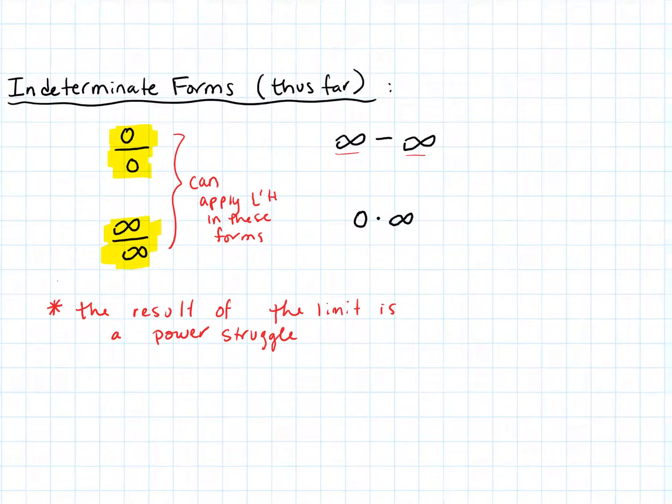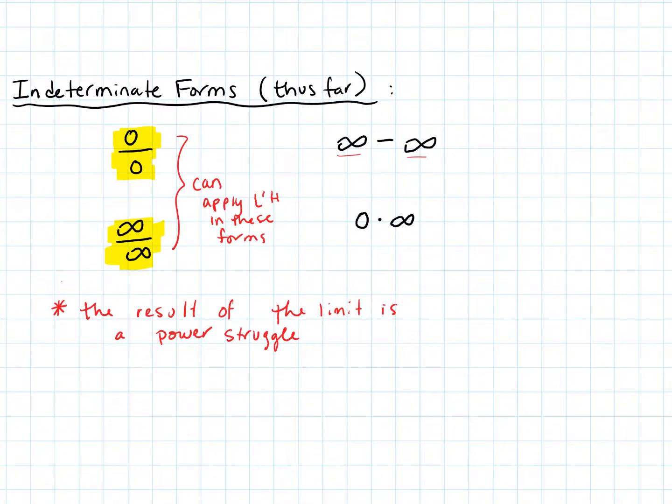Shrink that down a little bit so we can get them all on the same screen. And so we can go ahead and add in our powers now. So we've got 0 to the 0, infinity to the 0, and 1 to the infinity. So we end up with these 7 indeterminate forms, and we can go ahead and erase the "thus far",